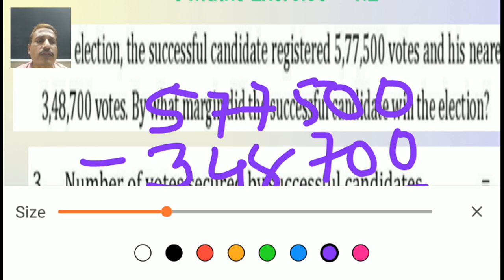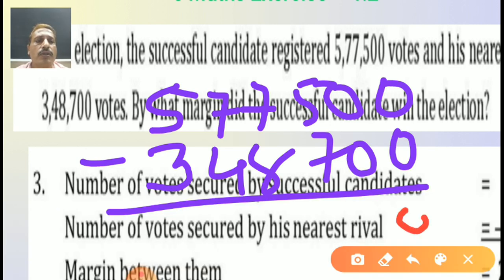Now check the answer. I will change the color of the pen. Now 0 minus 0, 0. 0 minus 0, 0. 5 minus 7 possible? Sorry, no. So we can cut it. Here is the 7, not, but now 6, and here is the 10. And sometimes some students write 15 also, no problem, because 5 is on the downside. So 10 plus 5, 15. 15 minus 7 gives you an 8.